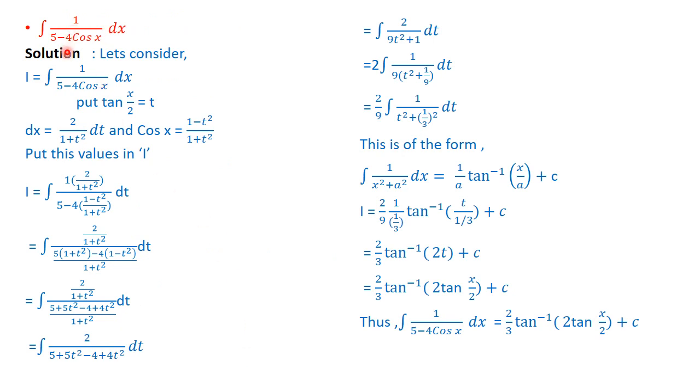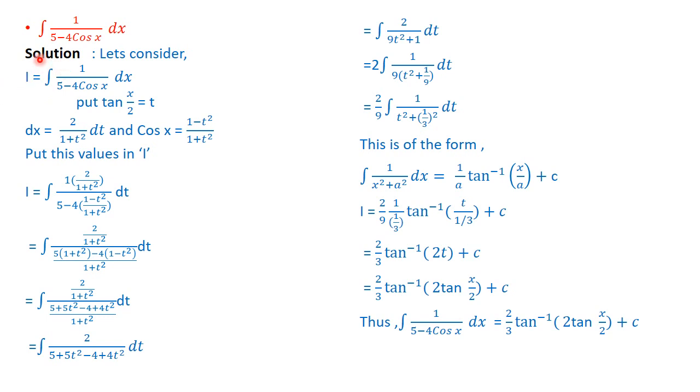To understand this type of integral, one example: I is equal to 1 by 5 minus 4 cos x. Now you may think that there is no sin x, so don't worry. It is valid if it contains only sin x or only cos x. This same example is also very important. It is also asked in exams, and also in plus two. So see there,